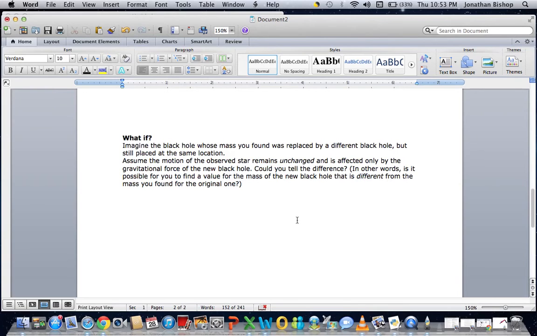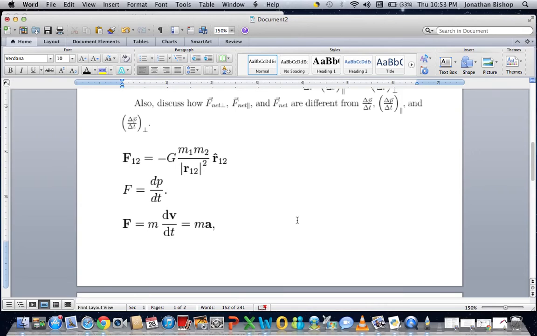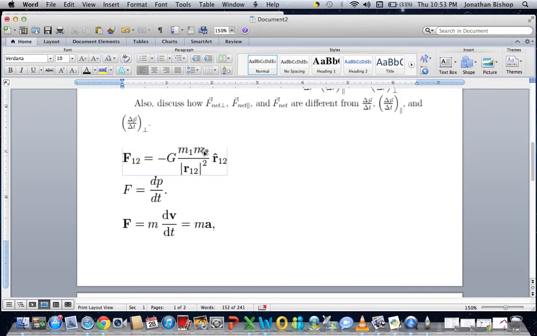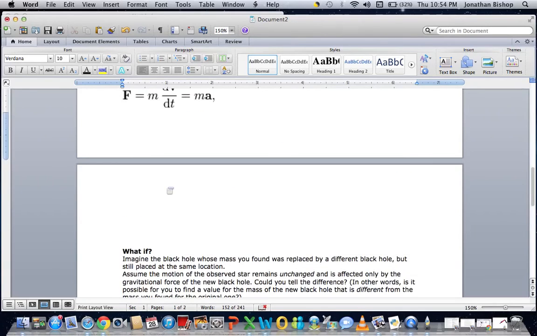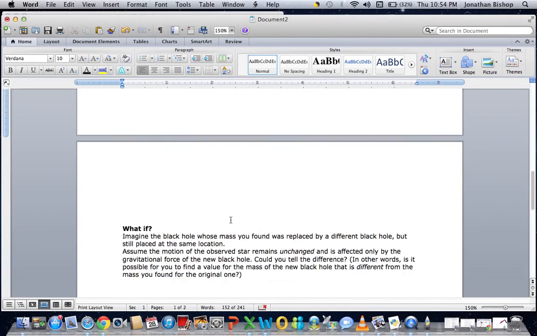So what if I had a new black hole in the same position but nothing else changed? Can I still find the mass of the black hole? And yes, I can, because I'll have a new mass right here, which will give me a different gravitational force. And when I have that new gravitational force, I'll be able to solve for the mass of this new black hole, like I did